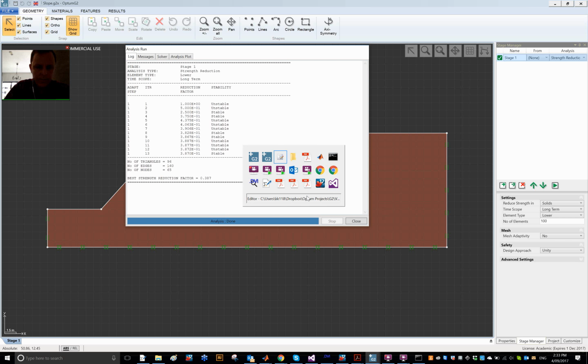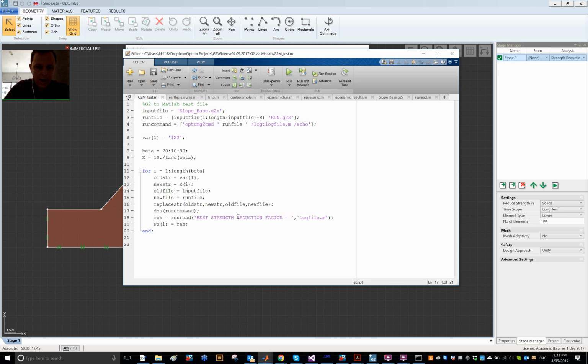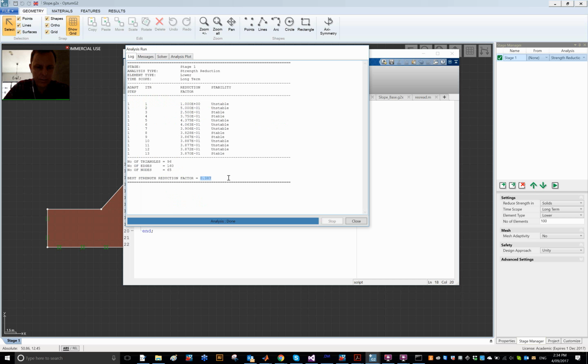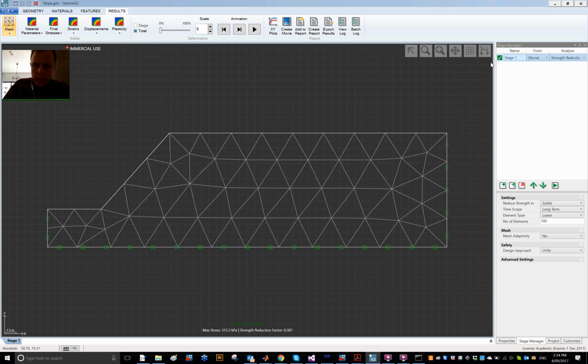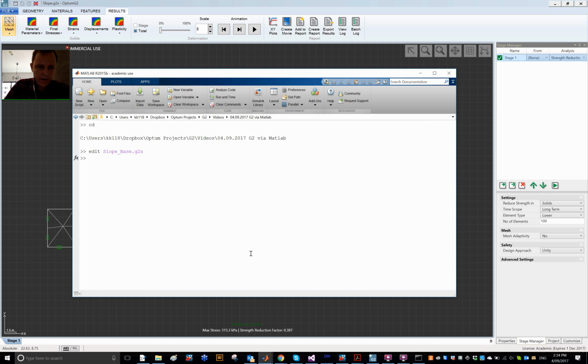So what I want to be doing is, after the run has completed, I want to read this log file. I want to search for this string, best strength reduction factor, and then I want to read off this number. And that is what this function here, another function that I'll share, does exactly. It searches for a string in a given file and then reads the number following that string. This number is recorded as res, and this number is entered into an array called fs, factor of safety. So that is how it works, and let's see if we can